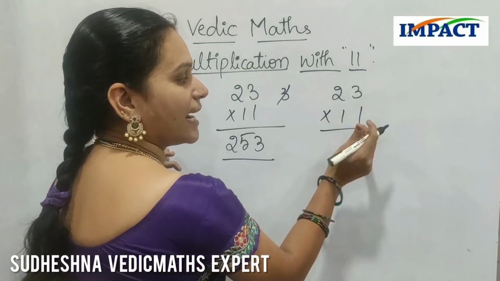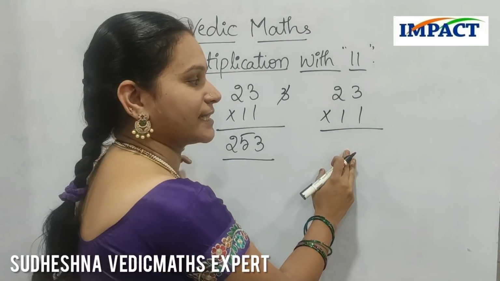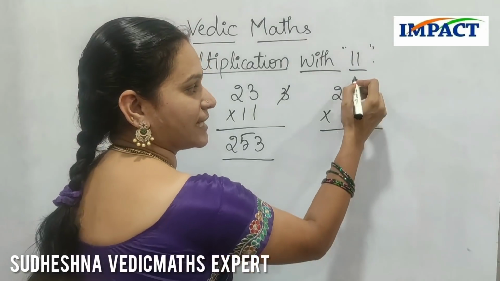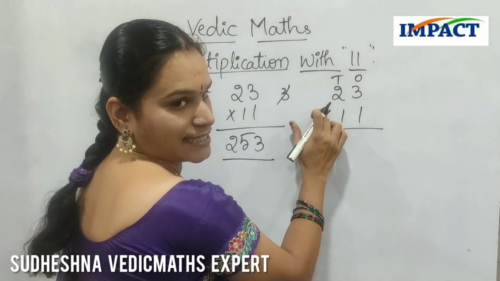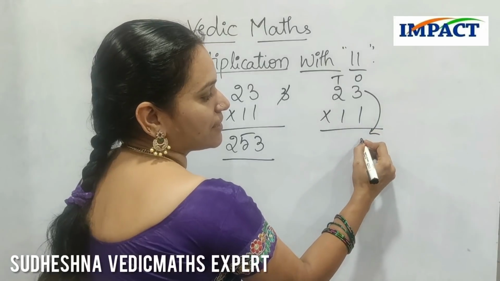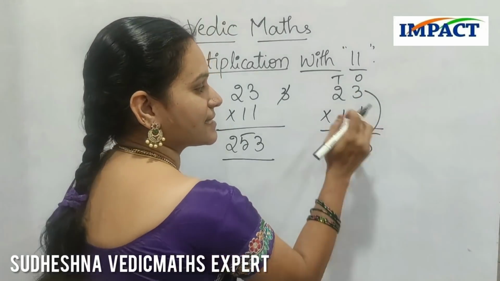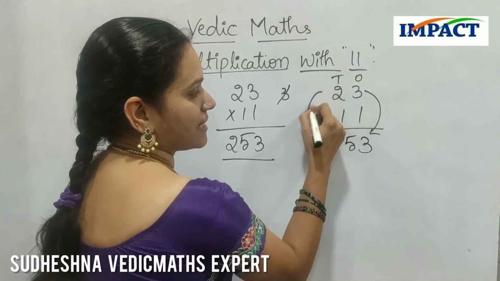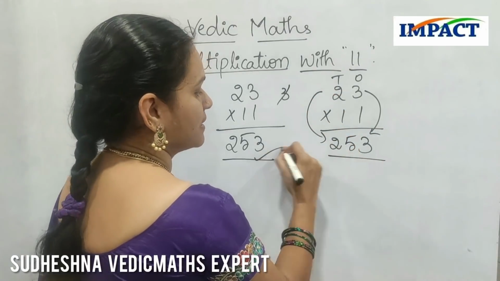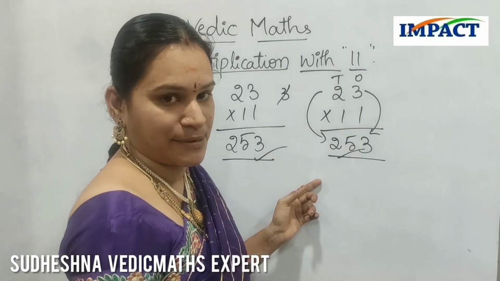But now I will tell you the way how we are going to do it in Vedic maths. Right. I am not using any 11 table or anything. I am just adding the numbers whatever they are there. Yes, you know ones and tens places, right? First, write the ones place number as it is. Next, add these two numbers and write the tens place number as it is. If you check, both the answers are the same, right?